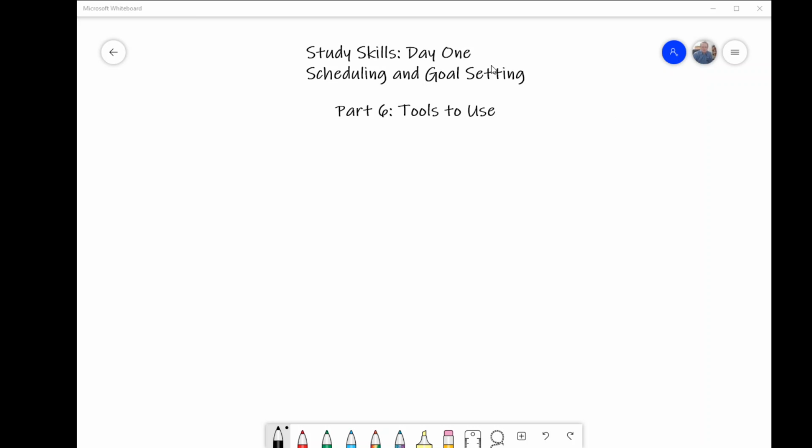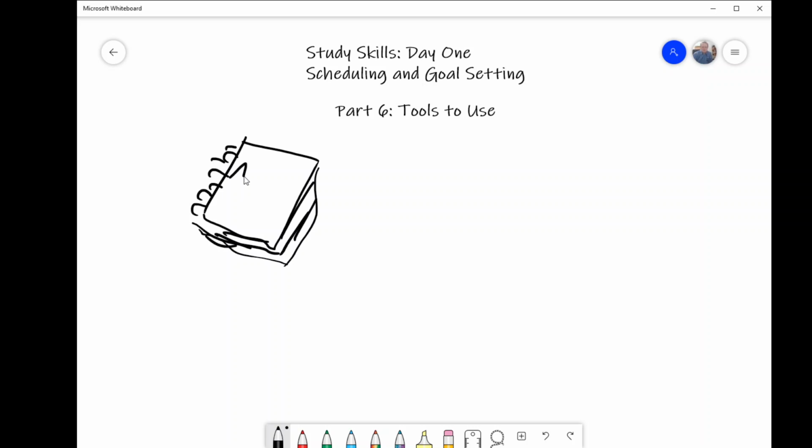So for the big part here, to make sure we're doing it, we have to find some tools that we can use. Now, some people work best if they've got something on paper. Right? You can go get an agenda. Often the little coiled notebooks. The nice thing about agendas